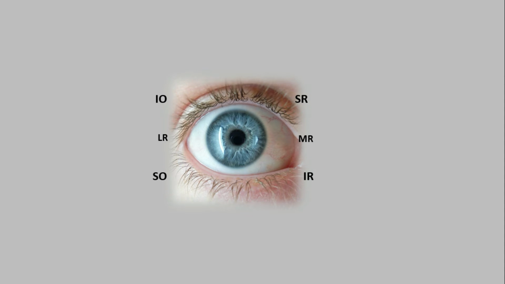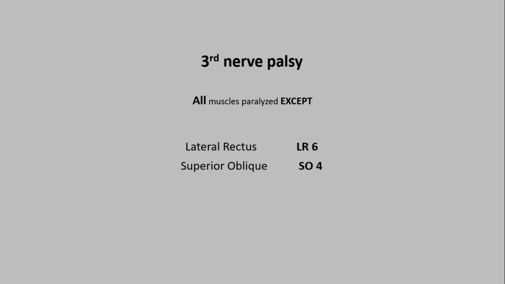On the other hand, both superior muscles produce intorsion of eye, and both inferior muscles are responsible for extorsion of eye, when each muscle is acting alone. In third nerve palsy, all extraocular muscles get paralyzed except lateral rectus, supplied by sixth nerve, and superior oblique, supplied by fourth nerve. That is why, these remaining two muscles get chance to act alone, and move the eyeball down